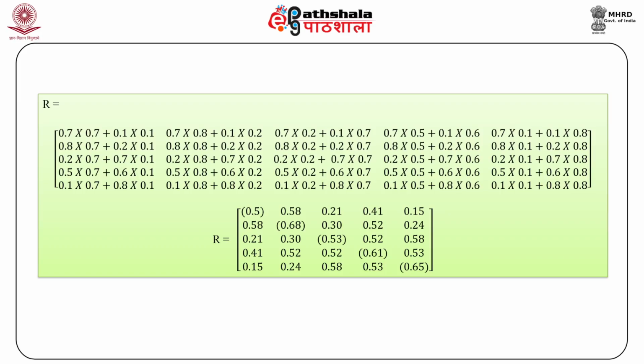R is equal to the matrix: 0.7 into 0.7 plus 0.1 into 0.1, 0.8 into 0.7 plus 0.2 into 0.1, 0.2 into 0.7 plus 0.7 into 0.1, 0.5 into 0.7 plus 0.6 into 0.1, 0.1 into 0.7 plus 0.8 into 0.1, 0.7 into 0.8 plus 0.1 into 0.2, 0.8 into 0.8 plus 0.2 into 0.2, 0.2 into 0.8 plus 0.7 into 0.2, 0.5 into 0.8 plus 0.6 into 0.2, 0.1 into 0.8 plus 0.8 into 0.2,